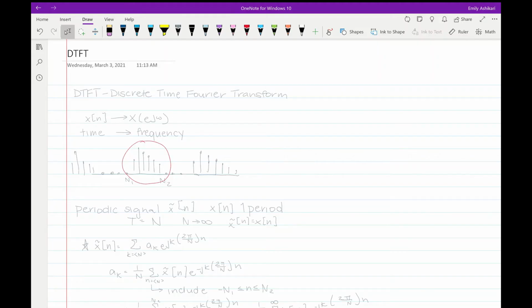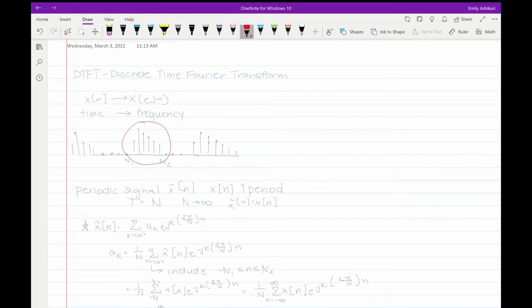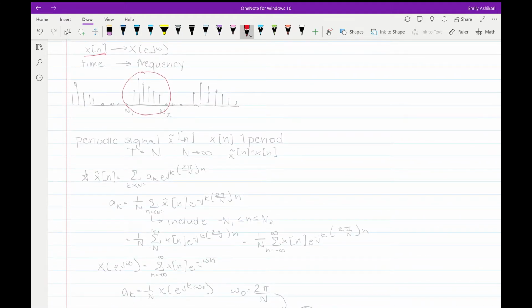Yeah, I'm going to be talking about the DTFT, or the discrete time Fourier transform. So essentially, I'm going to be taking a periodic signal x of n and bringing it to the frequency domain. So in red is x of n, that aperiodic signal, and in order to get the DTFT, or to, in